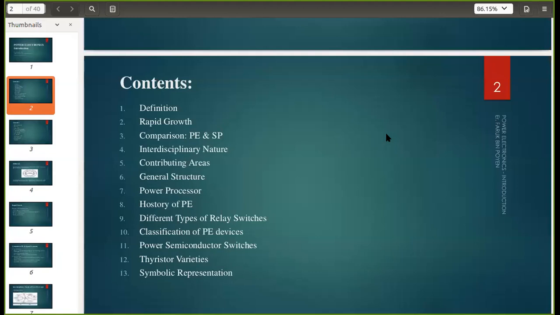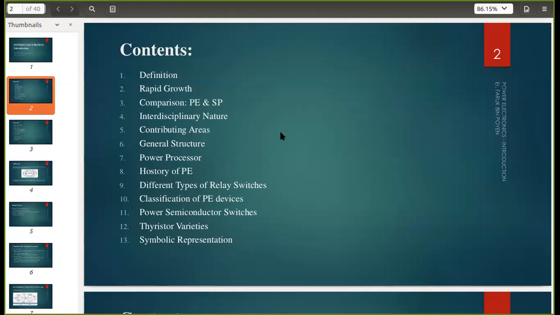So here are the contents. Let us go one by one. The contents are: let us see the definition of power electronics, and how rapid the growth of power electronics is in the present scenario. And then we will have a small comparison here. Then